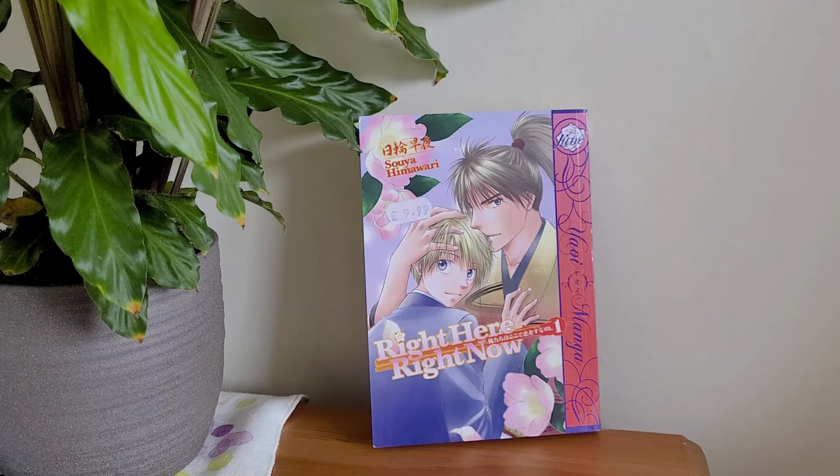For a collector, I'll let you in on a wee thing. After a while, I'd already bought volume 2 and I was searching around for volume 1, and someone put volume 1 and 2 together up, and I was like, oh, maybe I'll be cheeky and put in an offer. She'd put the price at like 20 something pounds, which is basically over £10 for each volume. So I put in a wee offer: would you take £18 for it? It was around 16 or 18 or 17, much more than I really wanted to pay,